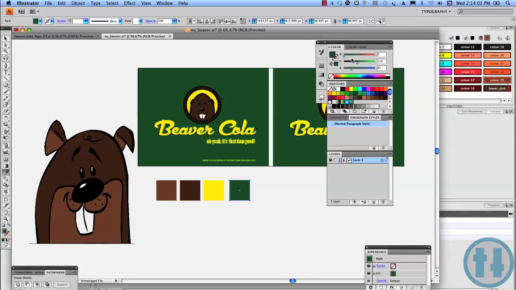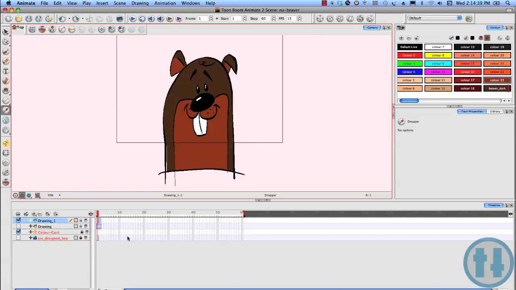Now, the cool thing about this is I can look at the color window here in Illustrator, and it's going to tell me the RGB values, like 0, 1, 12, 61 is what we have currently selected. Okay, so I can also select this one, which is the light color for the Beaver here. And we got that from, it's not shown here, but there's a backside to the Beaver where we actually use the lighter color. But this is 138, 93, 59. Okay, so I can jump over to Toon Boom,